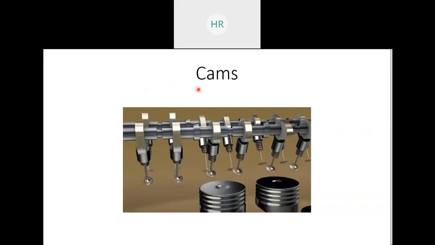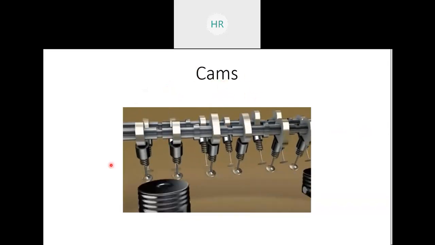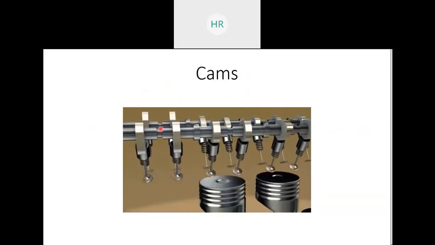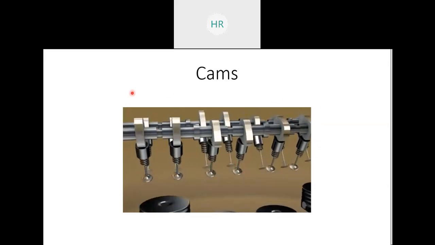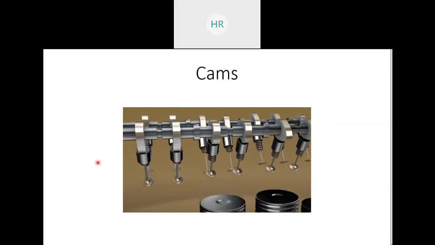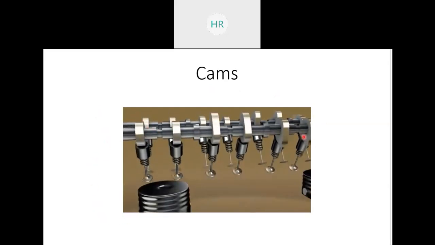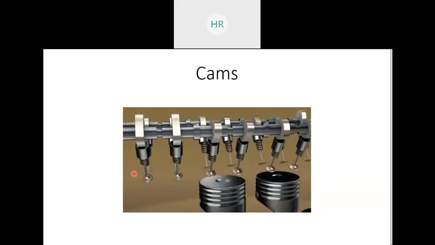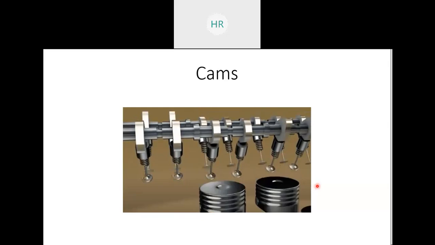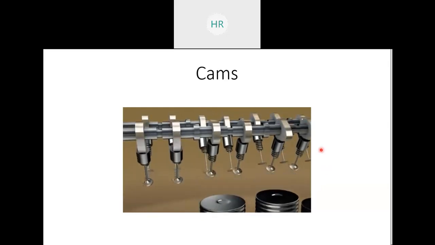So now today we will start the chapter on cams. From this figure you can see that cam is basically an element used in engines, majorly in engines. There are other applications also for cams; in machines also it is used. You can see in an IC engine, cams are used to open and close the inlet and exhaust valves at a proper time. So let's have a look at what is cam.